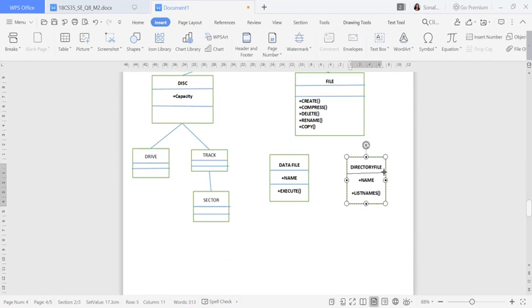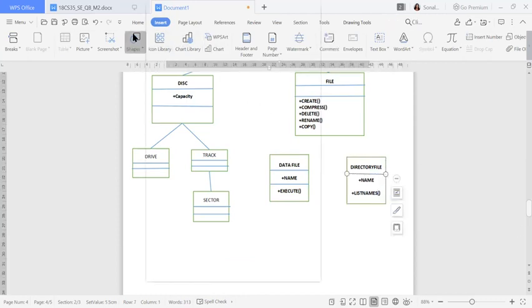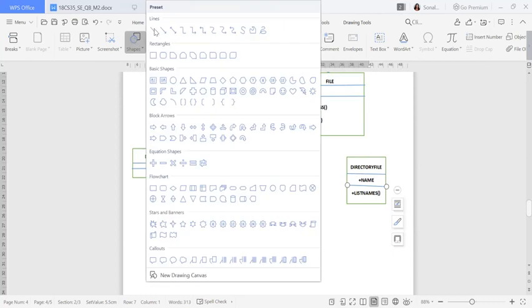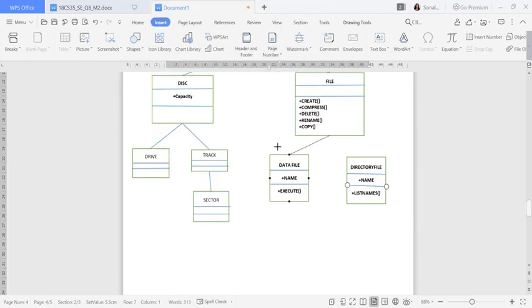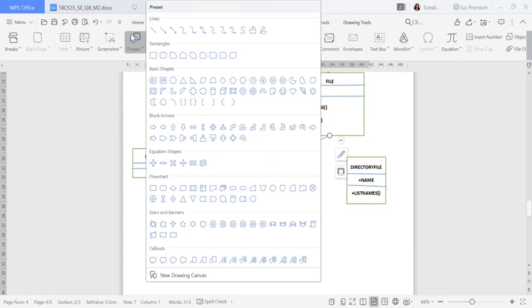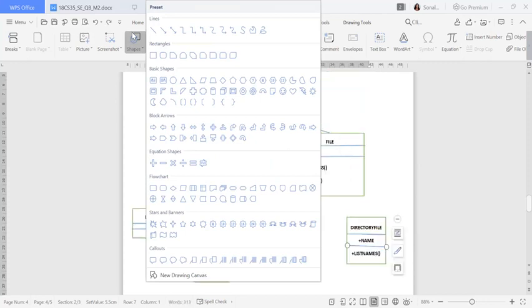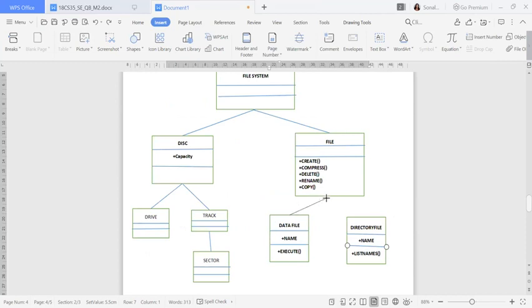This is my directory file. Then this is my attribute name and function name. Fine. So this is of two types, so I'll give the connectivity from here to here. And again, this one should not be like this actually. It should be like this. See the arrow marks properly. Then I have to give from here to here.